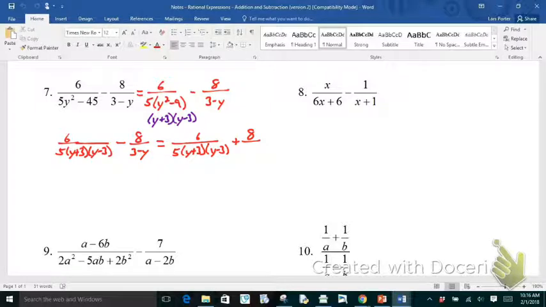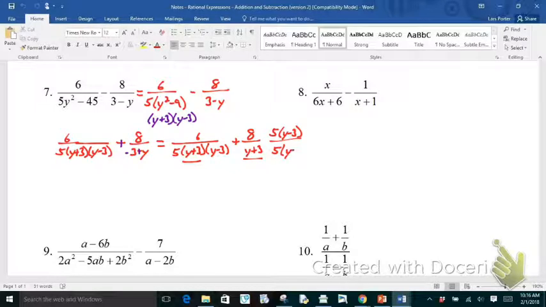When this negative sign comes down here, it makes it positive, and we end up with negative 3 plus y, which could be written as y plus 3. That's good news because we have a y plus 3 on the left, and now we have a y plus 3 on the right. The only thing we need in order to add these two things together is a 5 and a y minus 3. So we will multiply this by 5 times y minus 3,